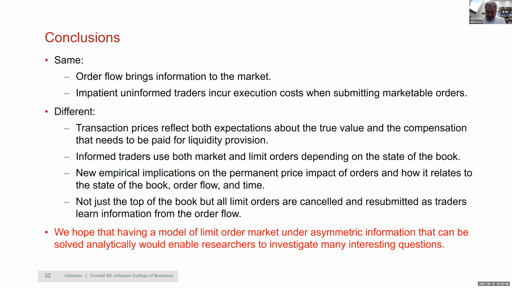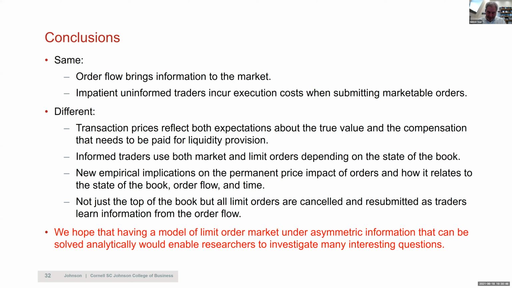The reason there are frequent cancellations and resubmissions is that there is information asymmetry. There is no information asymmetry in Hoffman's paper, right? In Hoffman's paper, everything is public information. The only issue is the pick-off risk because of stale orders. You're not fast enough. Here, it's the asymmetric information that drives the change in beliefs, and prices are dependent on beliefs, okay? They're not dependent through the very simple expected value of the asset given all available information like in a traditional sequential trade model. It's much more complex because here prices are created by the strategy of the traders, but the strategy of the traders made them belief dependent, and that's how they change.